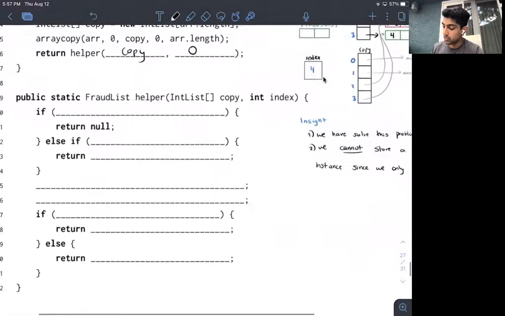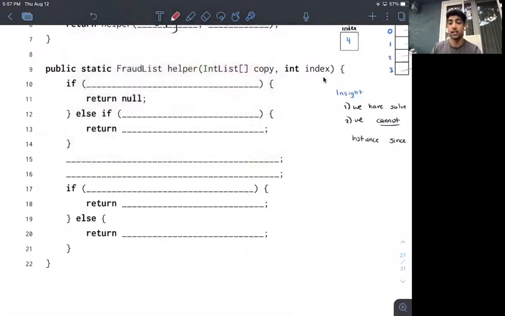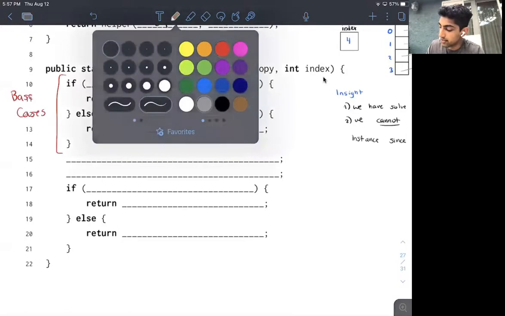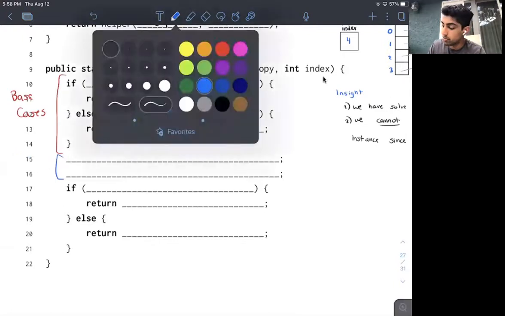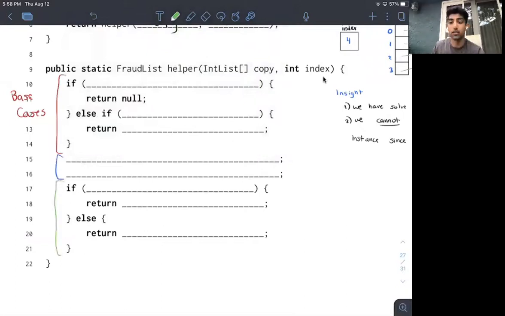Now when we approach this, what I want to emphasize, and it's very important to understand, is that if I'm given skeleton code, what is each part of the skeleton code giving me access to doing. Notice here that we have 2 if statements immediately followed by returns. So these are probably going to be our base cases. Then we have some other blue stuff, which we haven't really figured out yet. But we can realize that these 2 more returns are going to be our recursive calls.